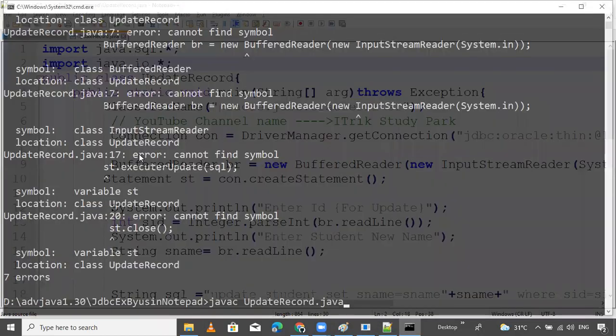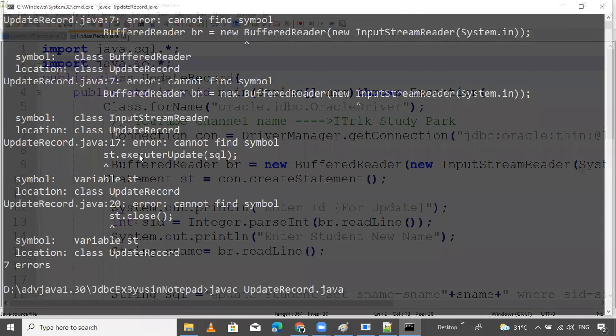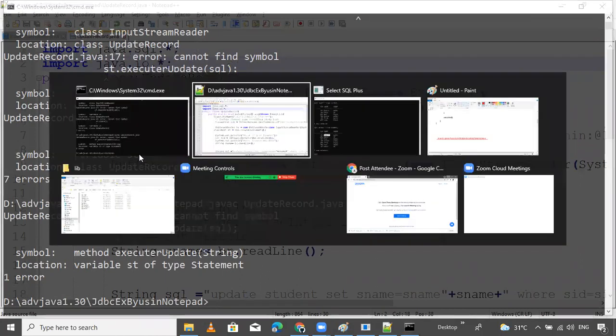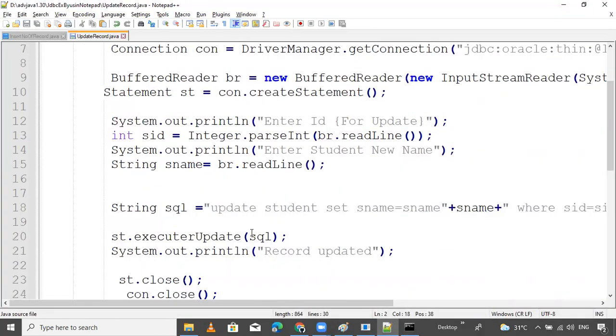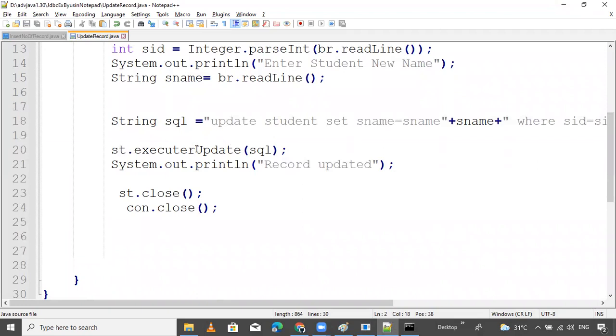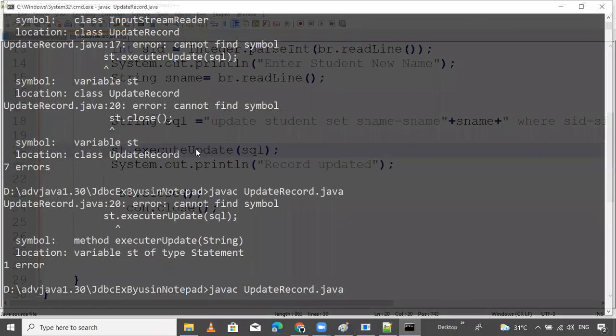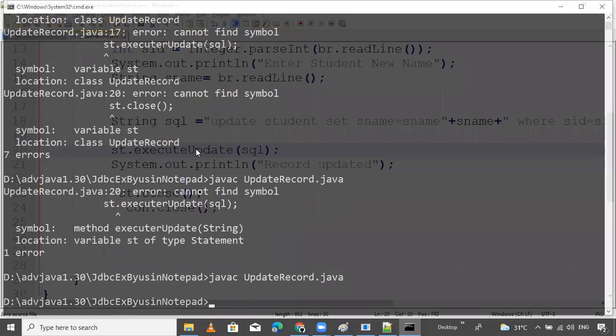It's importing all. Why st dot execute SQL query cannot find symbol: execute instead of executeUpdate, a spelling mistake. Not to worry about the spelling. Okay, compile success.